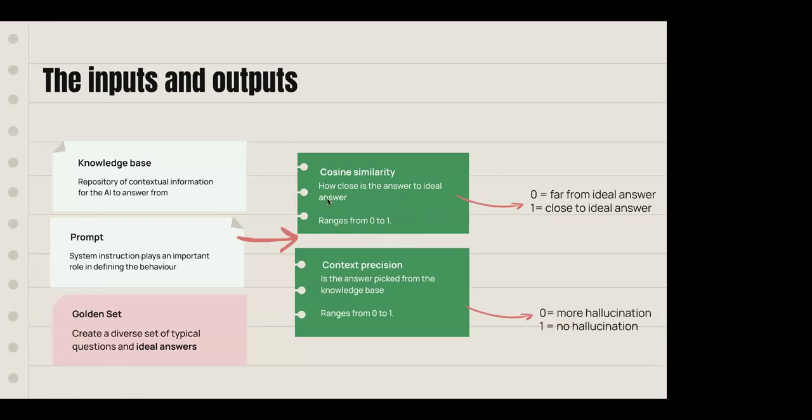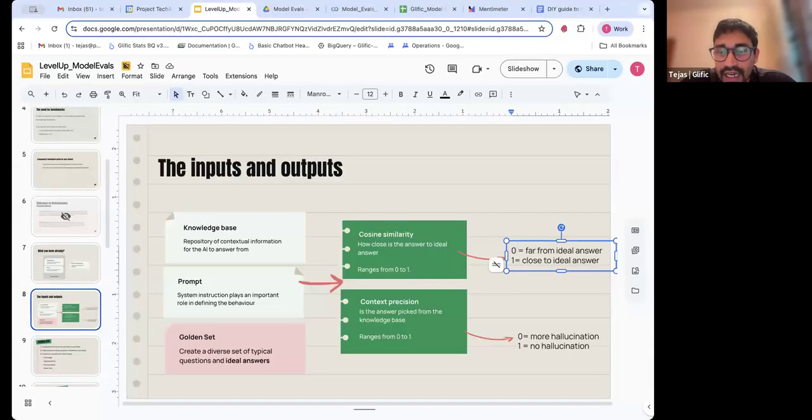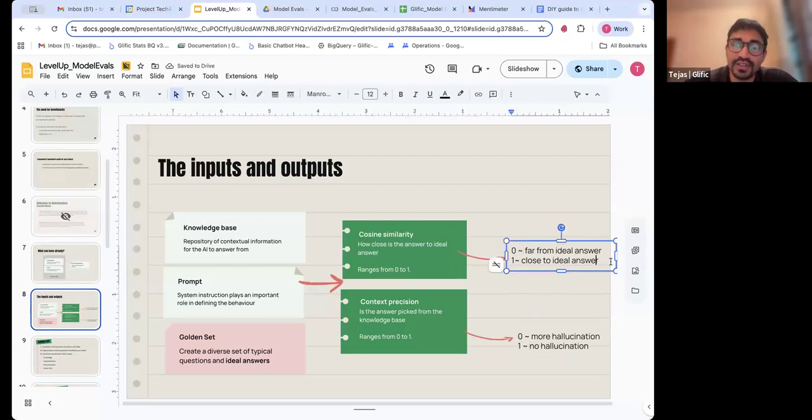So again, it is not either 0 or 1. It will be from 0 to 1. If it's closer to 0, it will be somewhere between 0 and 1. And what we have to do is set a threshold value beyond which we say either it's a pass or a fail. So you're right, it won't be either 0 or 1. It'll be anywhere between 0 and 1.